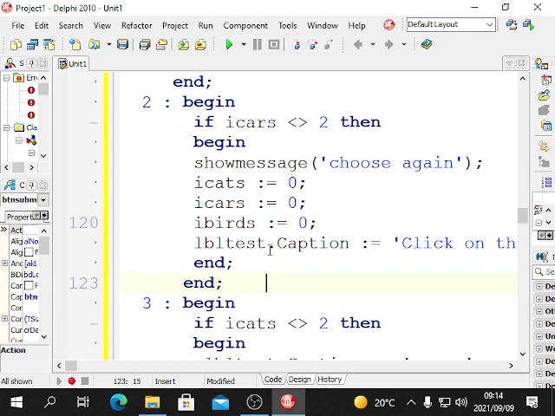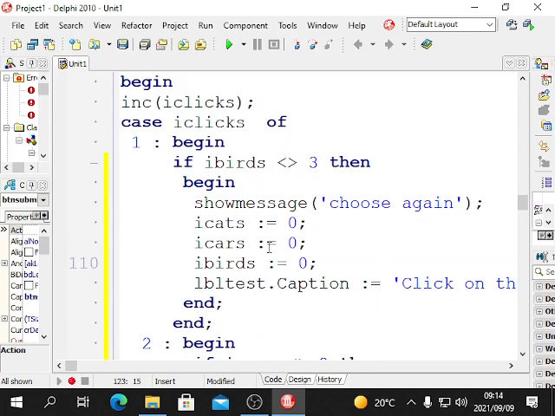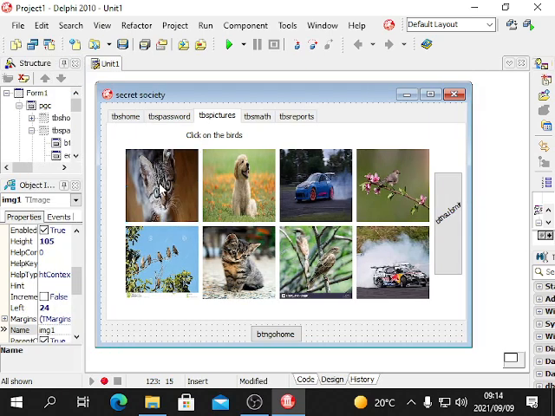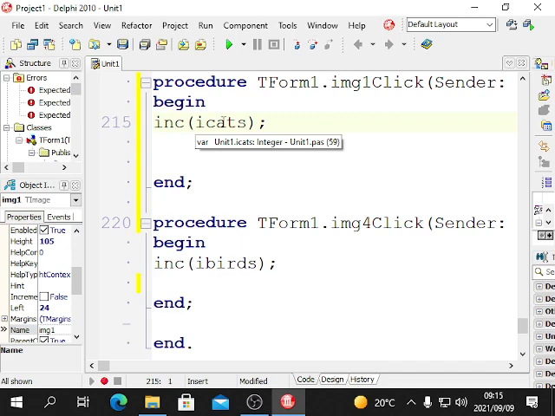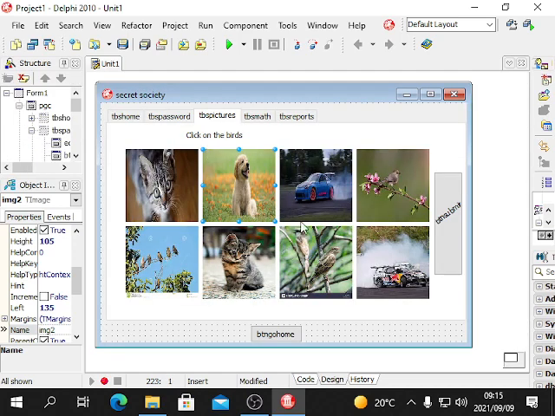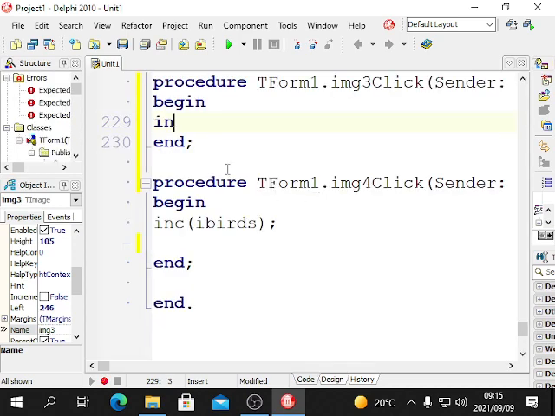So we have to know which pictures are our cats and which are our dogs. The whole point is that we have got the pictures here before runtime. Each time we click on the picture, we're going to increment a counter for that picture. So I'll double click, I'm incrementing our cats. You see that? If I double click that one, I'll increment our dogs. If we click on this one, we'll increment our cars. We'll increment a counter for each picture. So you can just double click on the picture. That will give you the